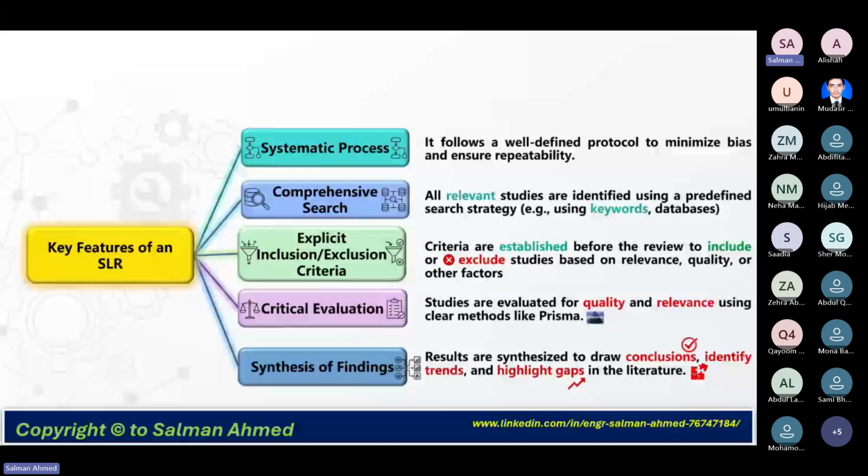For the comprehensive search, we sometimes use keywords. Sometimes we use databases, and here database means we use the applications. And the third thing that we can do is apply different strategies, like advanced searching. If I can get time, I will show you these things practically, how we can do a comprehensive search of a literature.